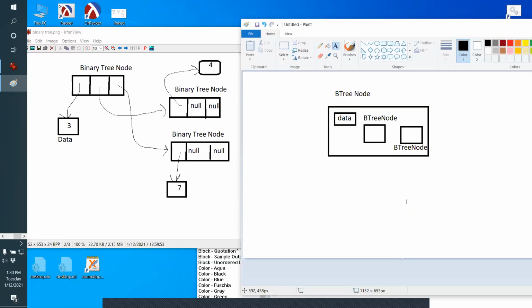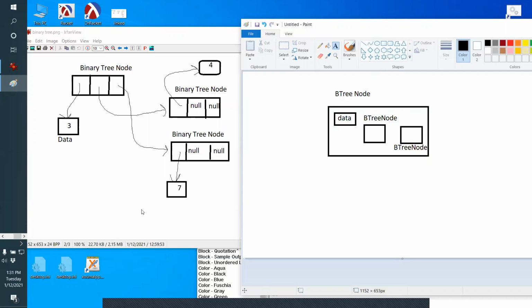The B tree nodes are actual data types, not references. Right. So what's inside of this box here? Another 2 more B tree nodes. Right. And what's inside of those? 2 more. And what's inside of those? 2 more. Where does this end? Never. Yeah, because my definition, this is truly recursive with no end to the recursion. A B tree node holds a B tree node. Then the B tree node would hold, then